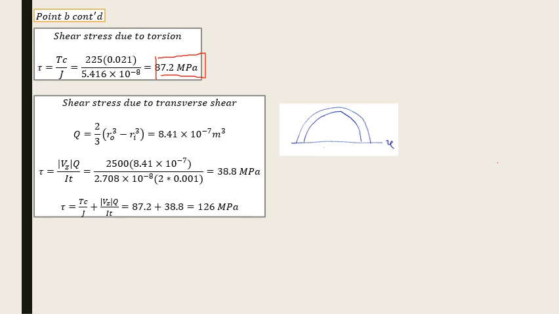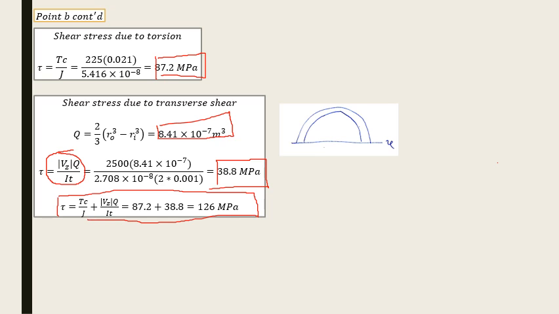The formula is Q over It, where Q is this. Actually, Q is A times y bar, which is a simplified equation because this is a semicircular shape. Then we just need to input all of these values into the equation, and then we get the result. Now, for point B, it is the summation between this situation and the situation